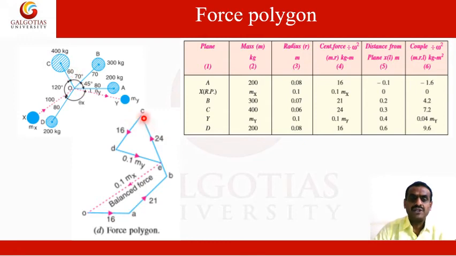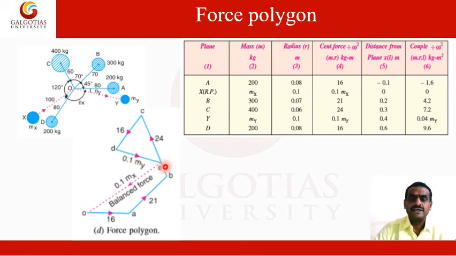From the C point, draw a line parallel to D mass. It's 16 units. Just complete this part and we'll get the D point. Then finally, we already calculated my here, and substituting my into 0.1, we'll get some values. Based on those values, we draw the vector DE, which is parallel to my mass. My mass we are completing.